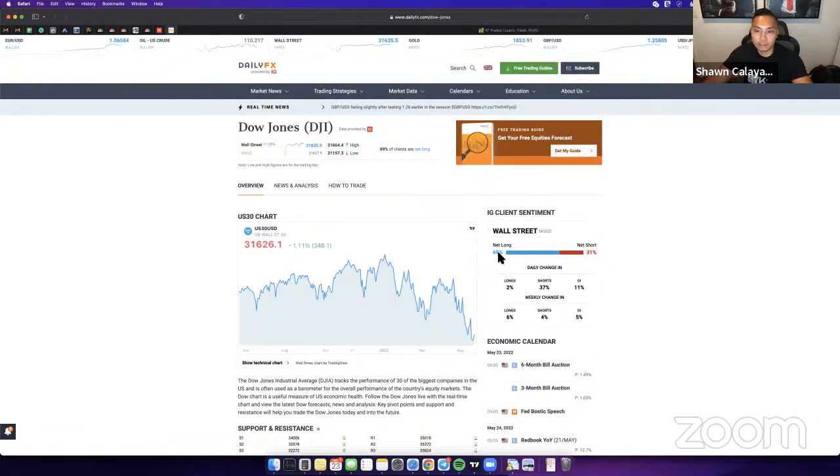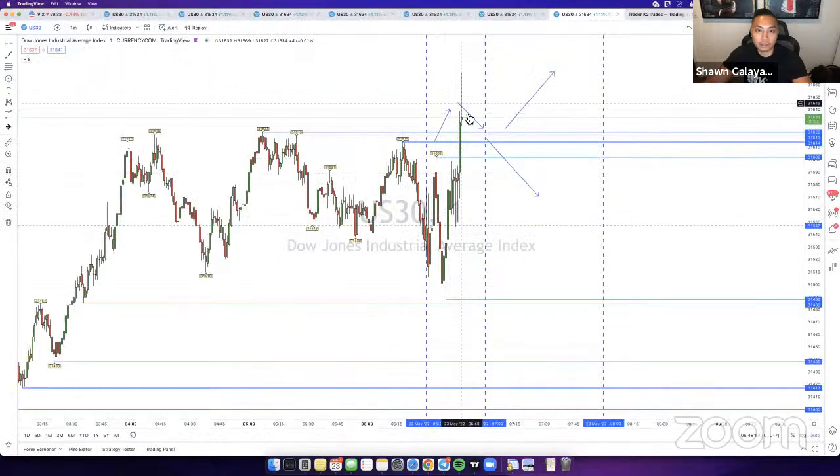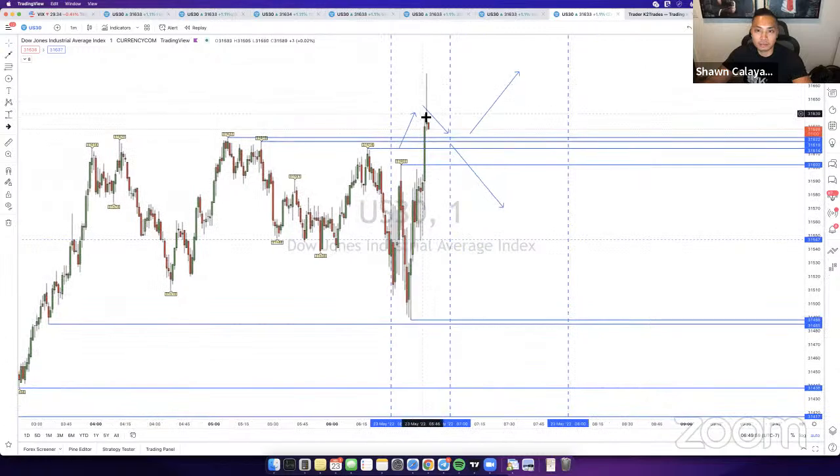You guys can see right here that the sentiment is currently 69% long. So I see a lot of people getting faked out. I can see a lot of people bandwagoning, getting excited and jumping into this buy here. And look at this huge wave. So whoever jumped into it and is like,